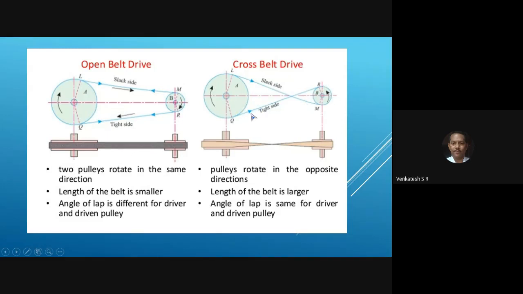Here also they have made a mistake. This is the slack side again, which is coming in this direction. Change the arrow mark to this direction. I made a mistake by showing the arrow mark in the different direction. See, this is correct and this is correct. Don't write these two arrow marks. This is correct; change the direction, this one is in the opposite direction.